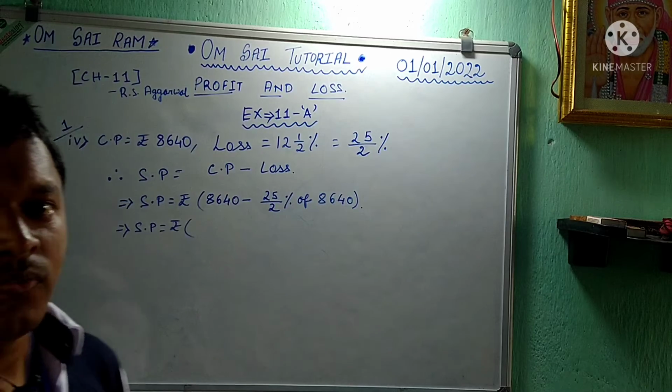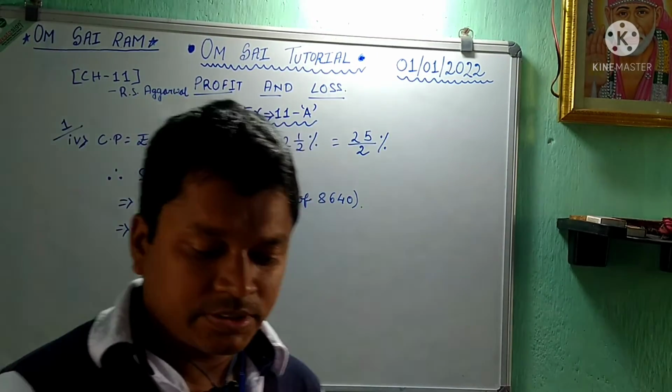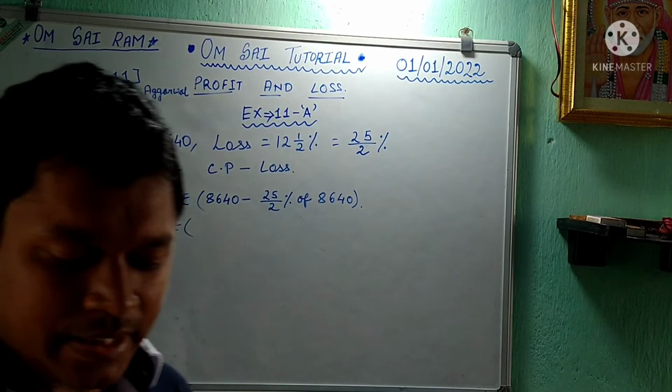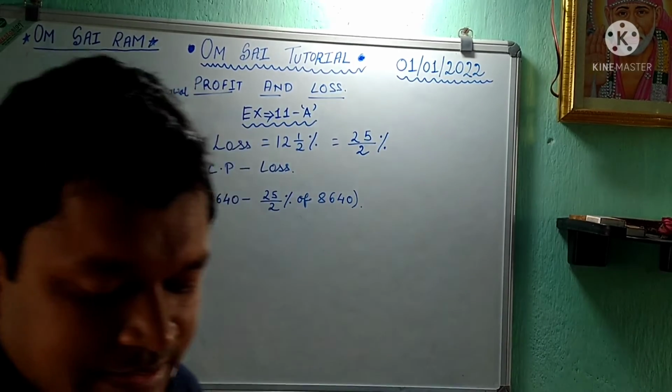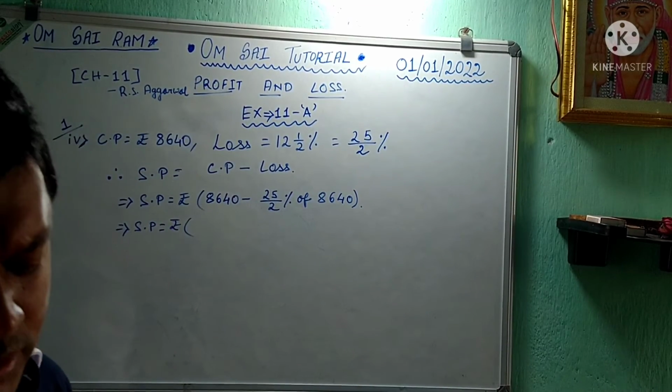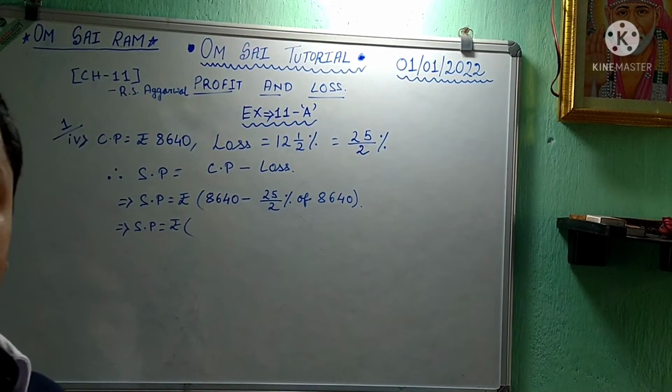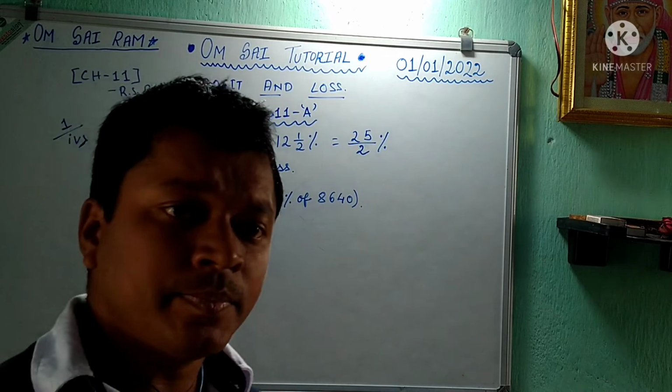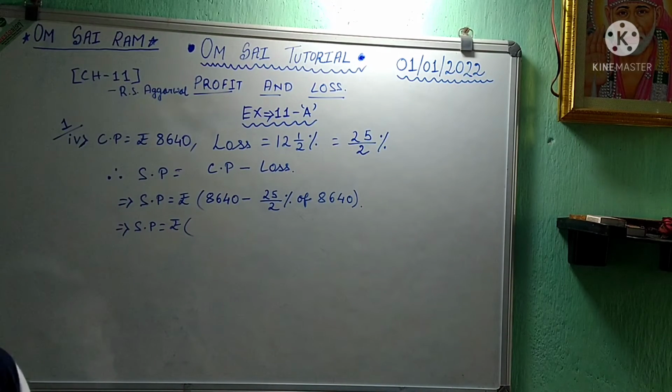Now we have completed the first sum. In the second sum we can also see that it is given as gain, so we will do the second sum as we have done the first sum. The process will be the same, only the calculation will be different. Now we move on to the fourth sum, which has a loss.